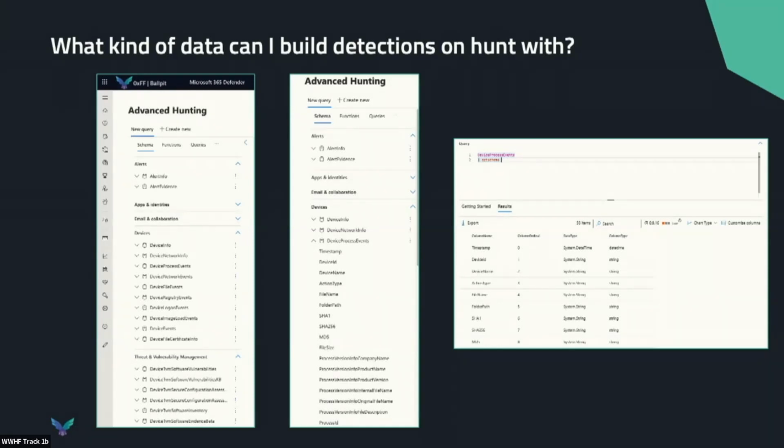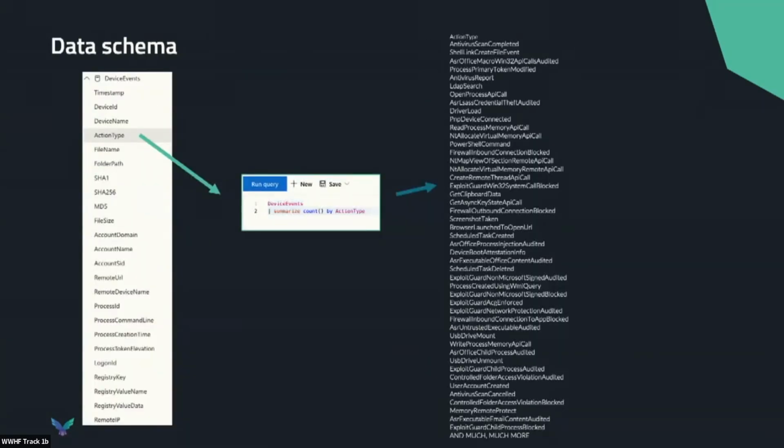You can just visually click through it. You can also request it through the query language, just to show me the schema, and then you get all the fields that you can expect. And if you want to go a little bit deeper, then within some of those fields are actually subfields. So it's very confusing. And especially on the device events, there is a table called